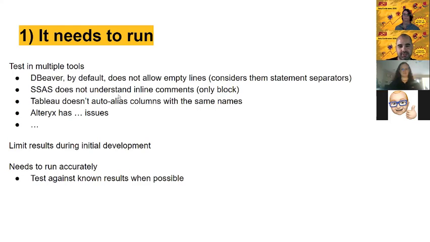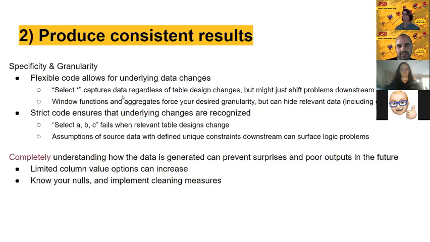Okay, consistent results. So specificity and granularity. I really want to talk a lot about this. We don't have time for it. There are things that happen within the data that you can account for in different ways to get different results. For instance, doing a select star, you're going to get all the columns, no matter what those columns are called, right? But if that SQL is then being thrown into Tableau, your dashboard can break because you are referencing a column which is no longer returned. If you'd like to have the problem occur within Tableau, that's the way you want to do it.